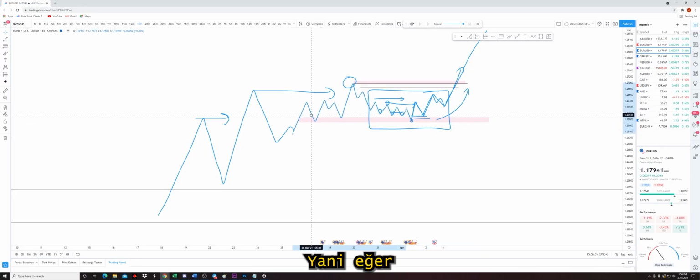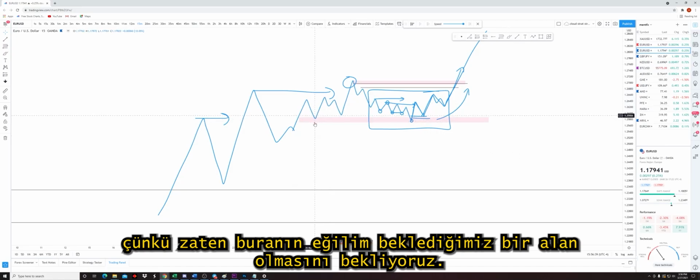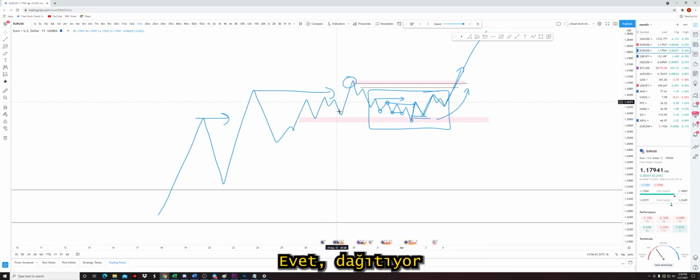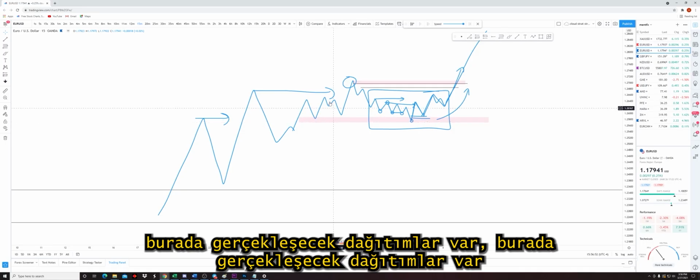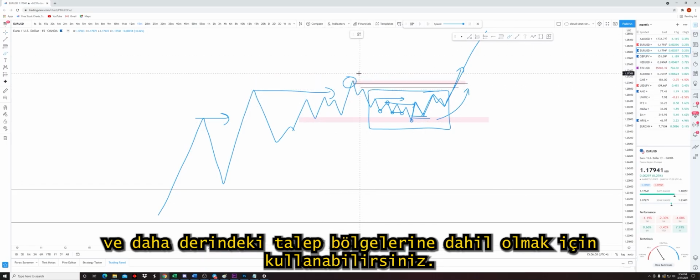There we go. Something like, okay, but you know what I'm saying. There we go. All right, so if we have this as a potential area of supply, we don't care that price is distributing here and then becomes an accumulation, because we're already expecting it to be an area where we're expecting buys from. So why would we care about the fact that it's distributing here? Yes, it is distributing. And there possibly are, there are, distributions that will happen here